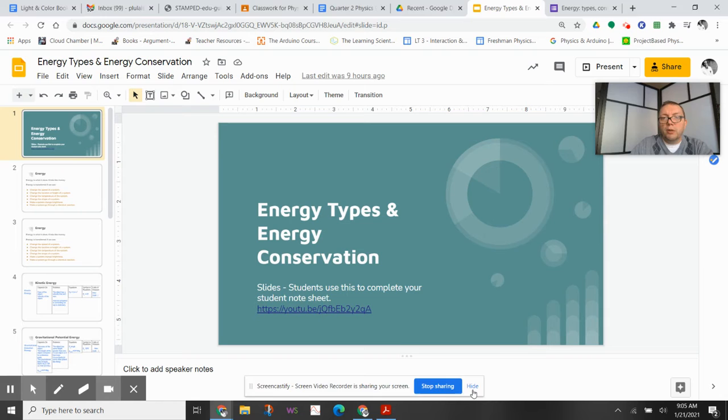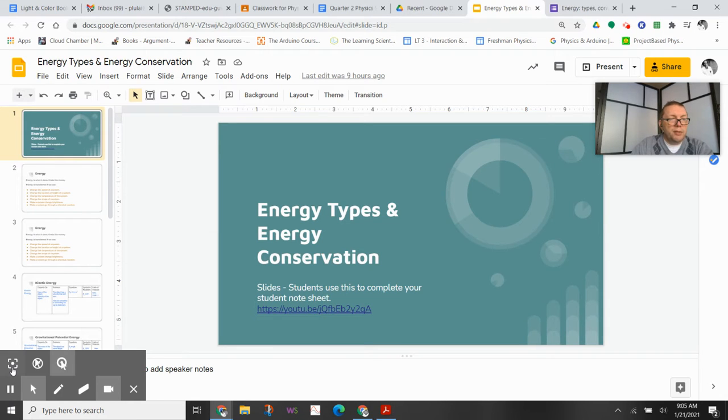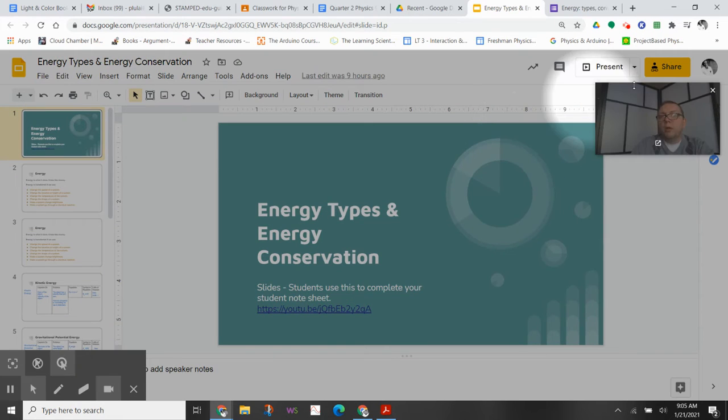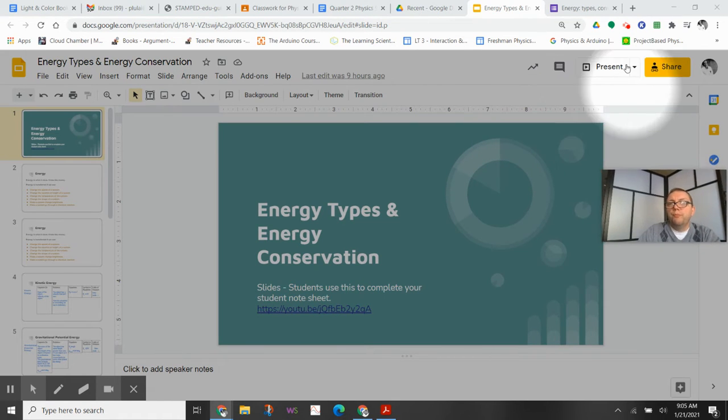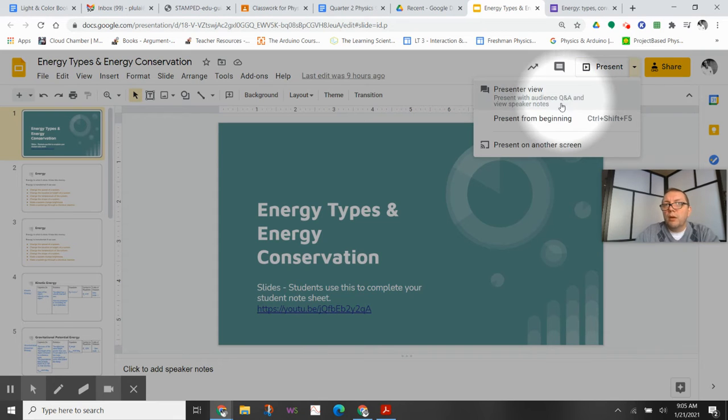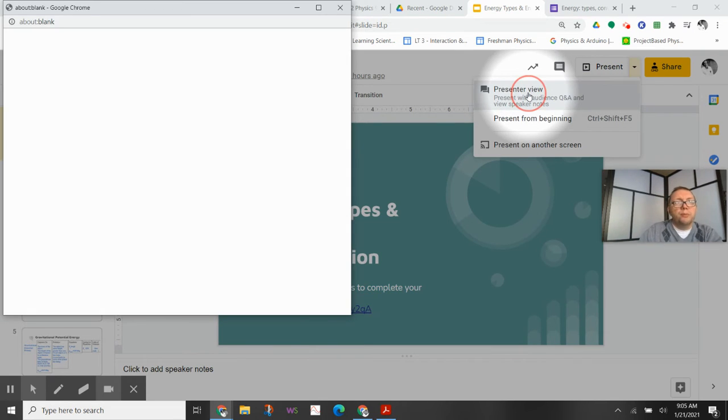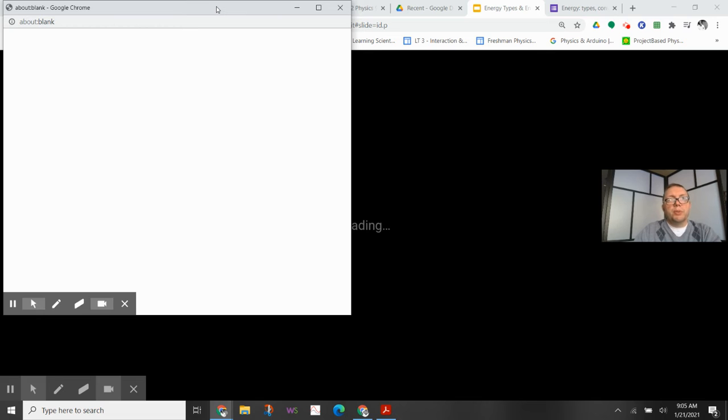So let's see, hide that. Need to get this thing back again. Presenter view. So this will still be loaded up in a way where